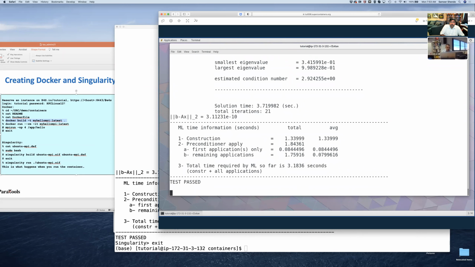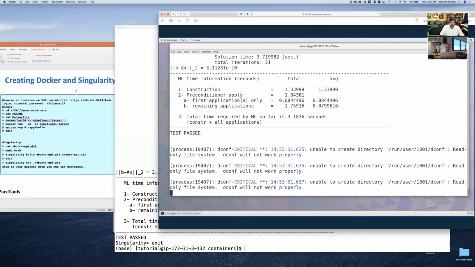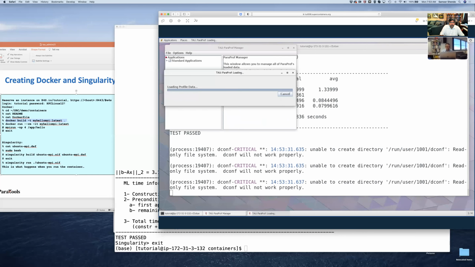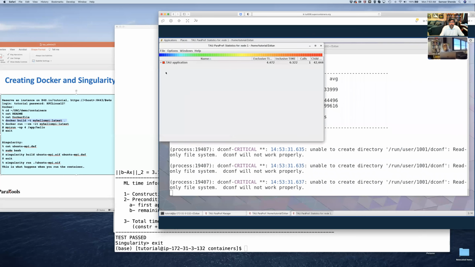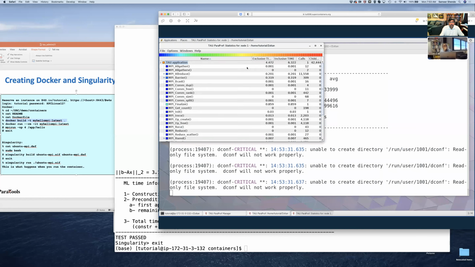So any questions about using the Singularity image? I would have another question if you don't mind. Sure, please. So I understand what you can do with Singularity and how it works and stuff like that, but